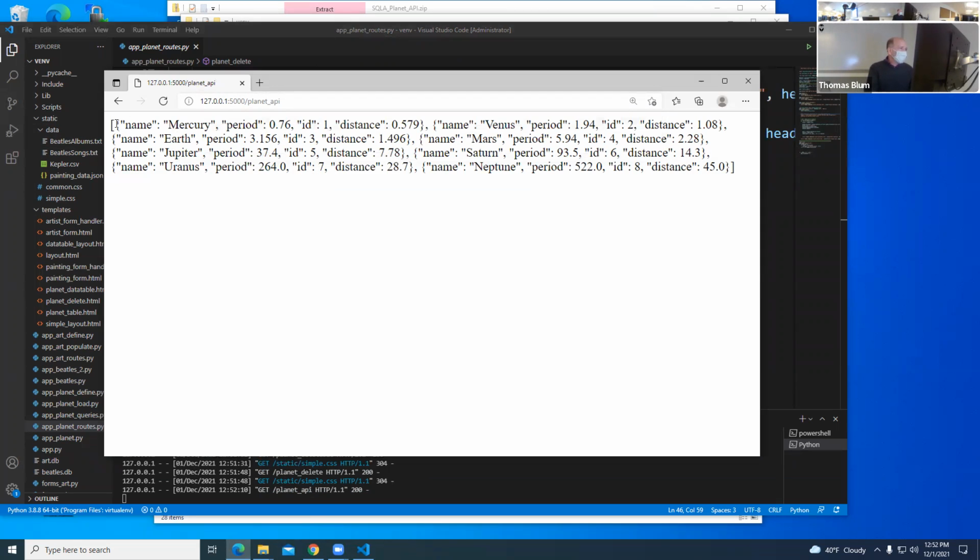And then we have a list of dictionaries, and here are the dictionaries with the information of each of the planets. So that's an API. We could massage the information into another form of JSON if we wanted, but basically I just wanted to show you us making an API. Since we've been using them all through the semester, I wanted you to know how to make one.